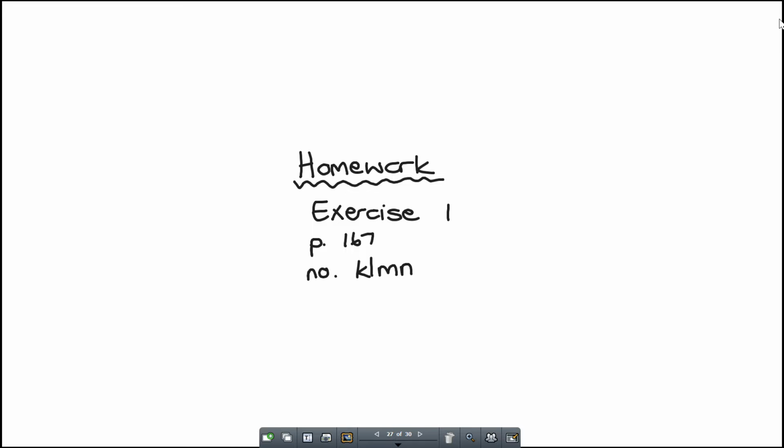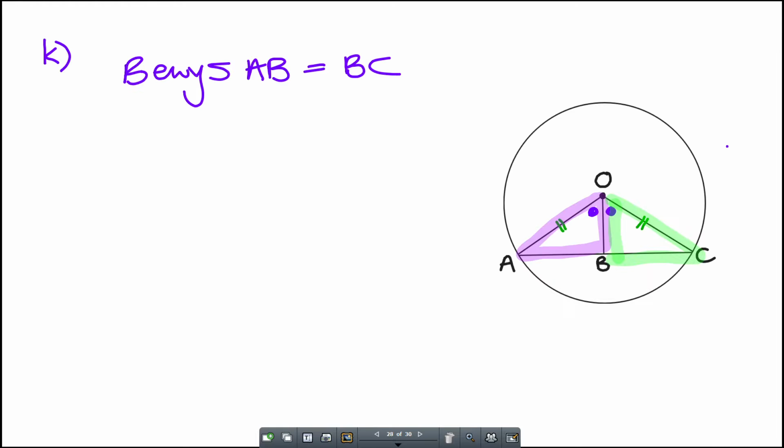Okay, kom ons kyk gou-gou. By K. Gelukkig is dit vandag dubbel, so ons kan lekker rustig werk. Okay, so ons het gister gesê,